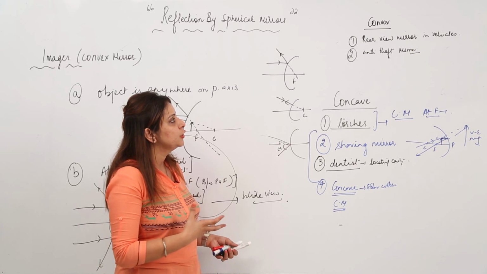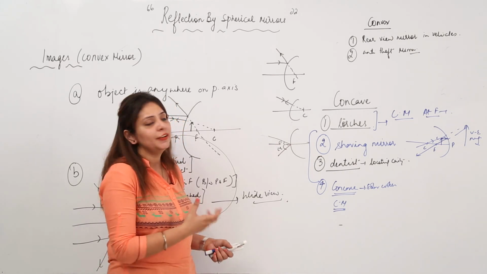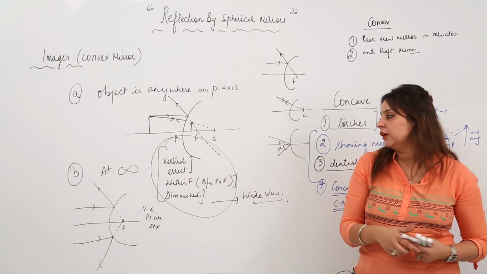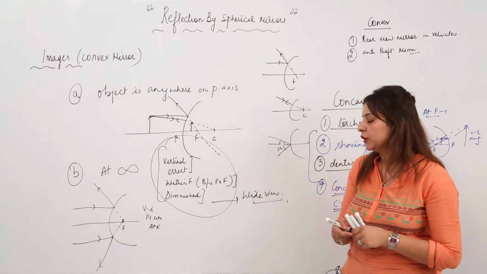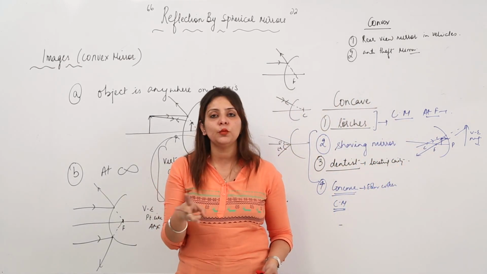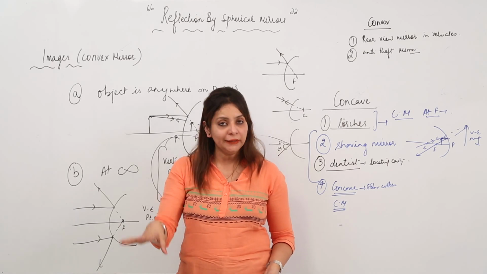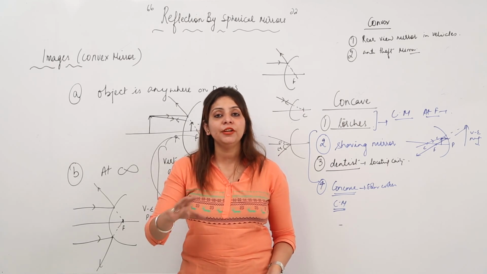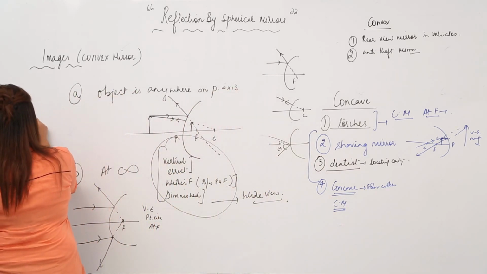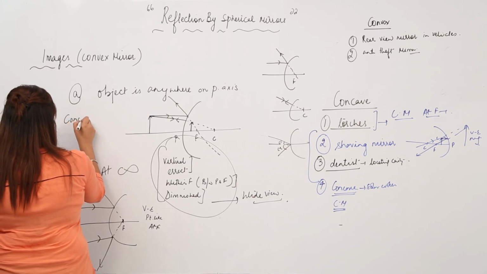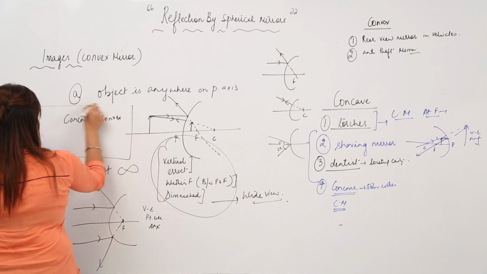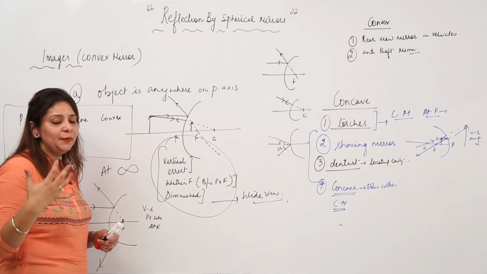So these are the important uses which we do for concave and convex mirror, and you already did for plane mirror also. And you may get a question, means it is not of your standard, but still it's very important. Suppose I ask you that you have three mirrors, one is plane, one is concave and one is convex, and I want that you should not touch it, but still you can identify without touching what kind of mirror it is. Again I am repeating the question. I have given you three mirrors, one is plane, other is concave and the other is convex. I want you to tell me, without touching it, what kind of mirror it is,